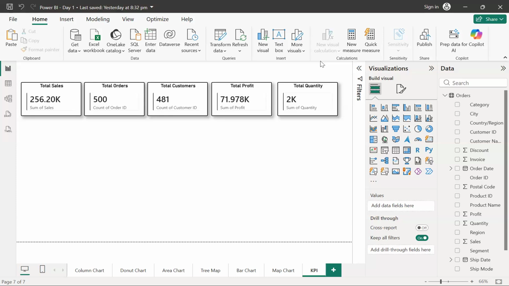No, let me tell you one thing: initially we didn't have this flash card. Okay, so you can see there's a flash kind of thing coming over here. Yes. So in my previous version of Power BI, we had a simple card option as well. Okay.